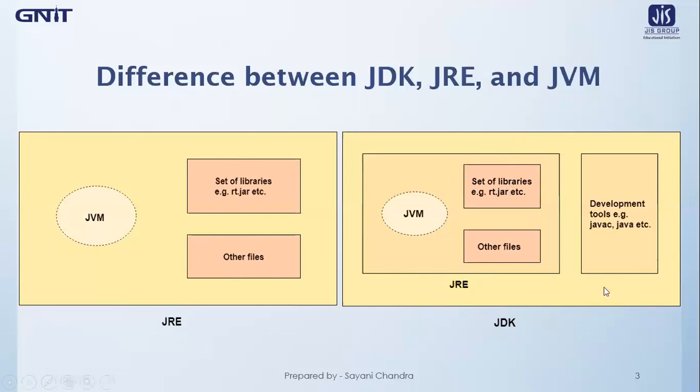So this is the basic structure of JDK, JRE and JVM, and we have shown you how JDK, JRE and JVM, all these three are separate concepts from each other. But we have seen that all these three are needed by each other in order to develop a Java application. If anyone is absent, a Java application cannot be built. All these three are very necessary parts in order to build a Java application.